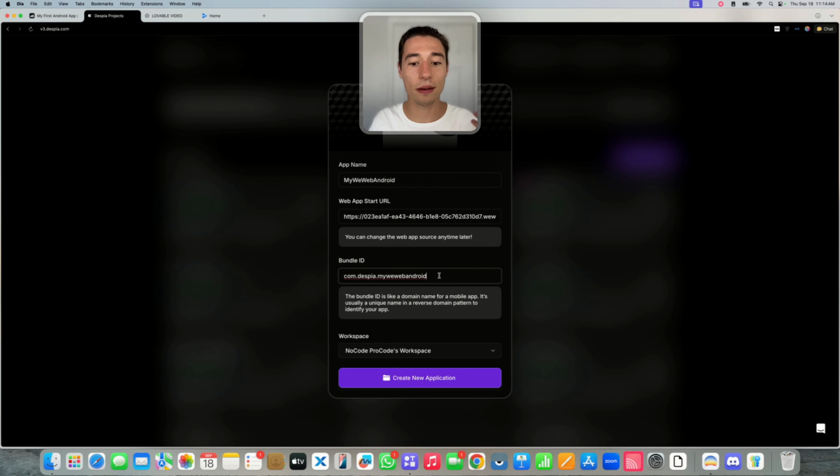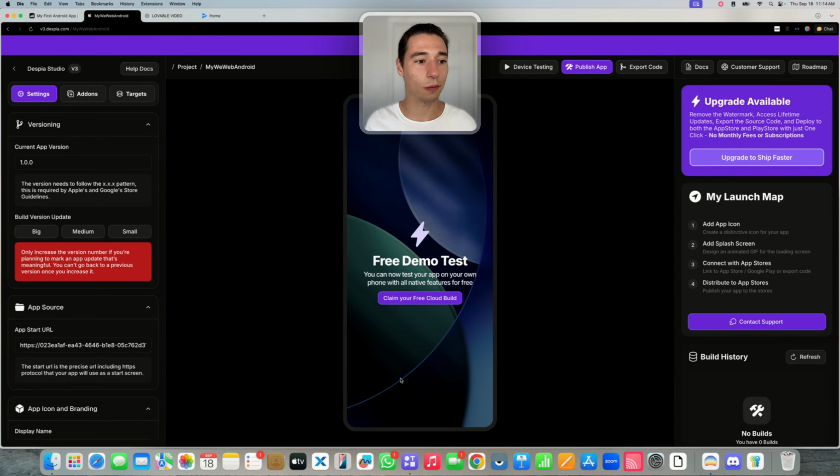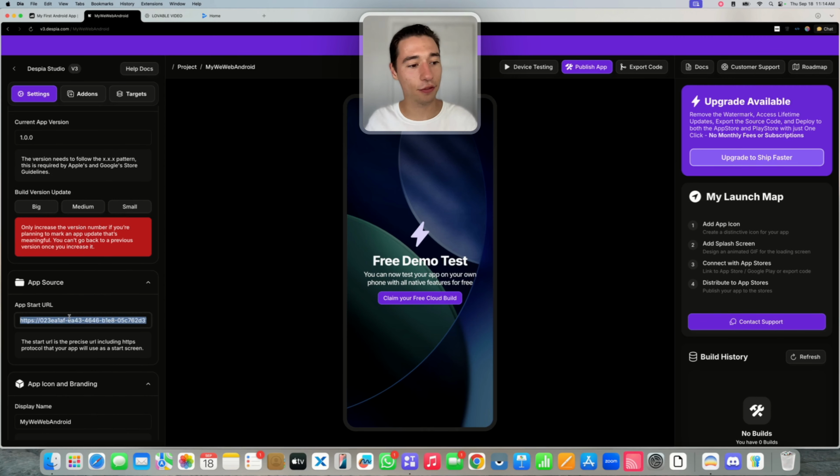And then it generates a bundle ID for you, but you can change it or import an existing one. So you can change it, remove the Despia branding, add your own name inside of there or whatever. But in this example, I'm just taking the suggested one. And I'm now going to create a new application inside of Despia. So now what it will do is it will create a whole new application project, and I have the URL